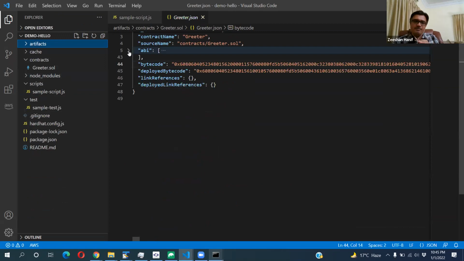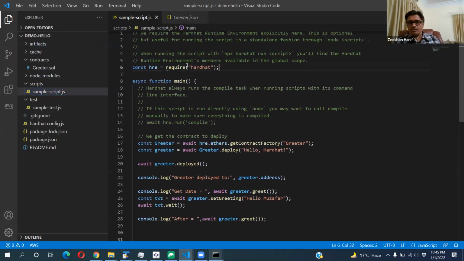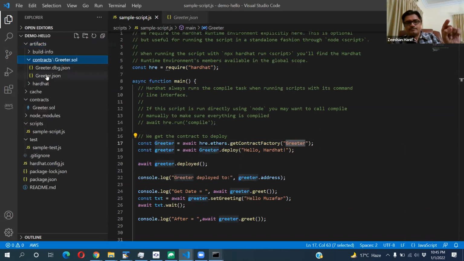Now Hardhat has given us a feature where you are importing the HRE and you are using ethers, and it has a function called getContractFactory. Based on the name, the word Greeter, it goes and tries to load the Greeter contract from here.